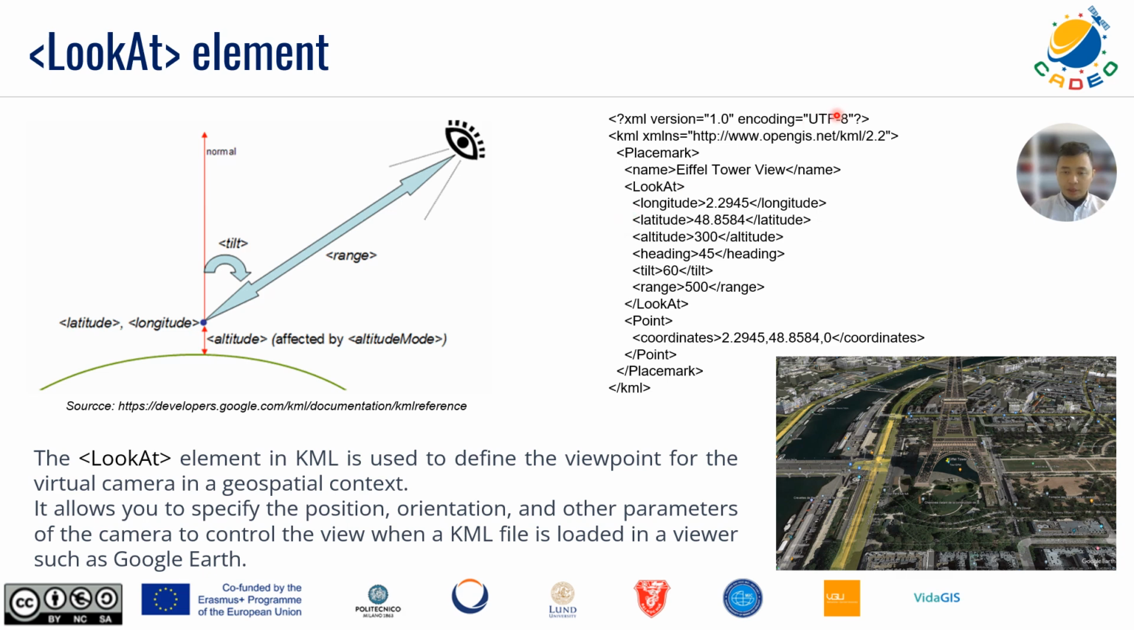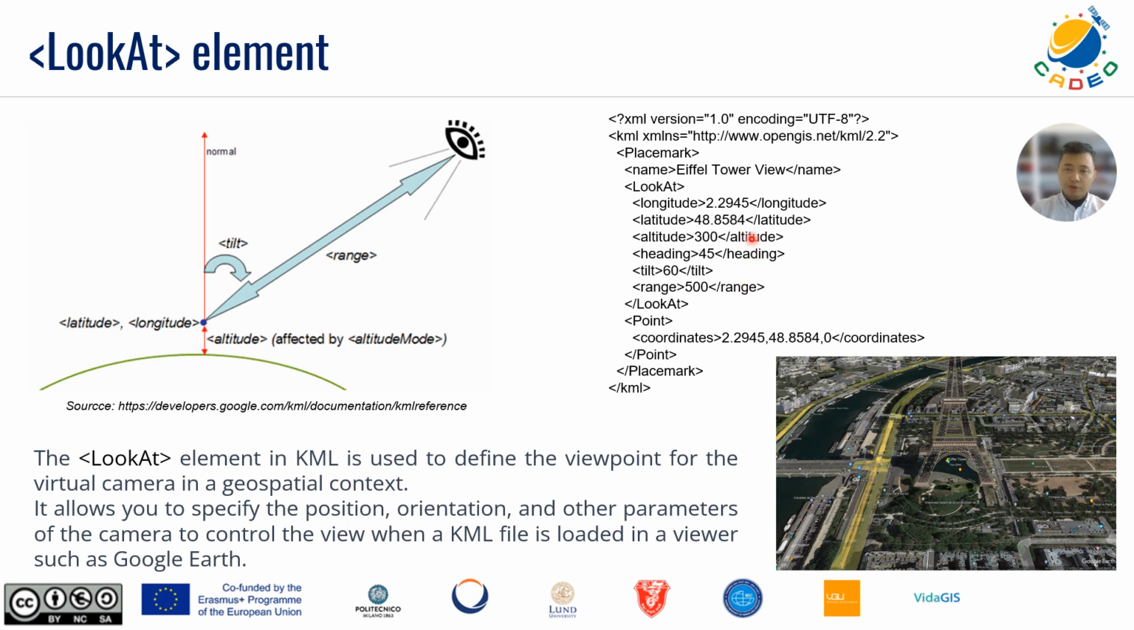So the point element here is integrated in the placemark element, or we can say that it's a sub element of the placemark. It specifies the location of the Eiffel Tower using the coordinates of the Eiffel Tower. So to sum up, this example sets the virtual camera to be above and looking at the Eiffel Tower with